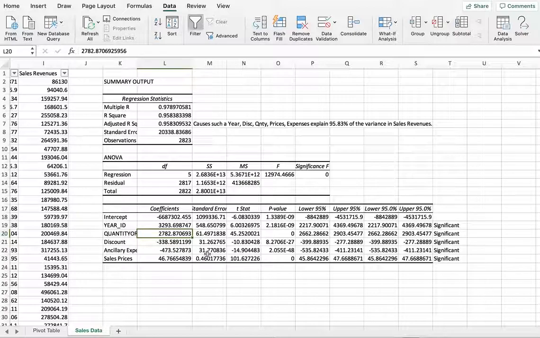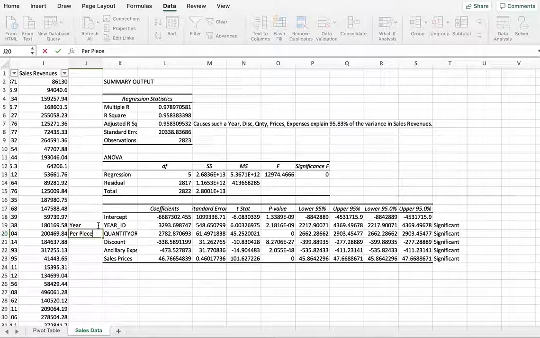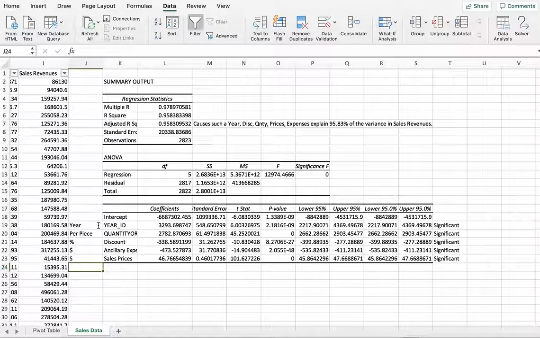That simply means that the average price of each vehicle is about $2,782.87. Next is discount. The unit is in year, quantity is per piece, discount is in percentage, expenses are in dollars, sales prices are in dollars. So always remember that. If you add one more year, for every change in year, sales seem to go up by